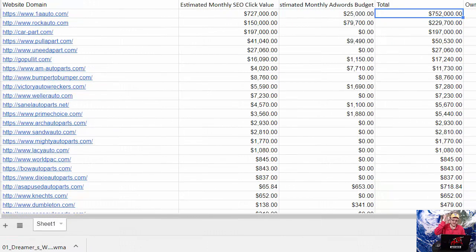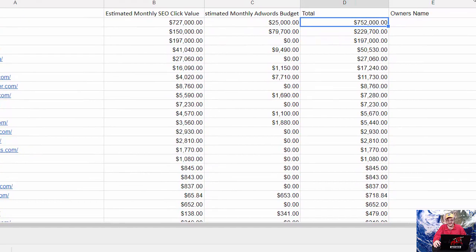All right, let's get this train moving forward. You have a list of golden prospects. You found out how much their traffic is worth. You sorted your list by traffic, and now you're wondering what to do next. Well, what we have to do next is find out the owner's name of each of these